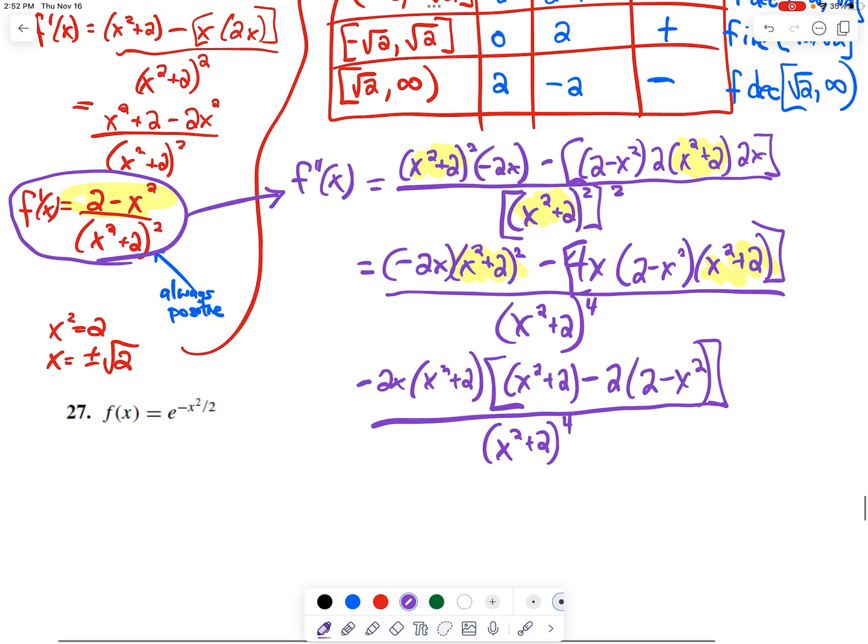All right, man, so I'm going to do some slashing here. X squared plus 2 to the 1st over x squared plus 2 to the 4th means I've got a cubed here. And so what's left is, and let's work on this top part, x squared plus 2 minus 4 plus 2x squared. That's going to be